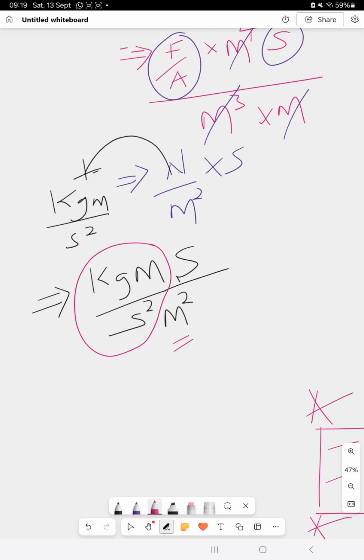So a single S will cancel. After cancelling, what next? This meter will cancel with a meter here. So down here I will remain with S meter, and therefore the final answer will be